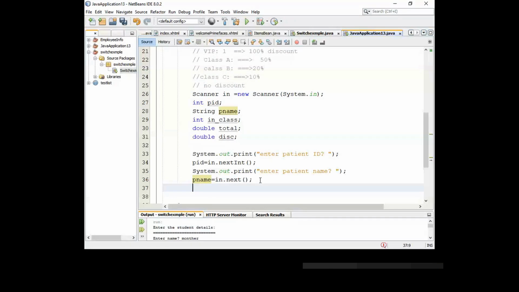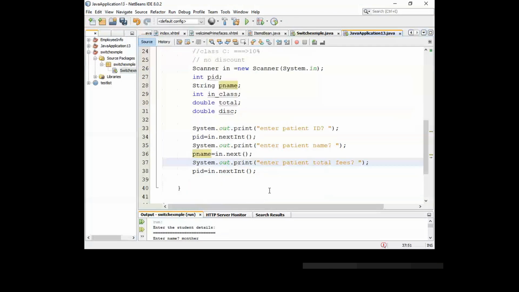Then Control V, enter total fees, how much you should pay. Total is a double, so I'm going to say nextDouble. And then the last one is enter the insurance